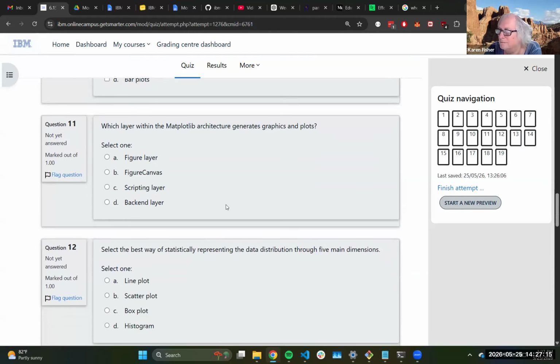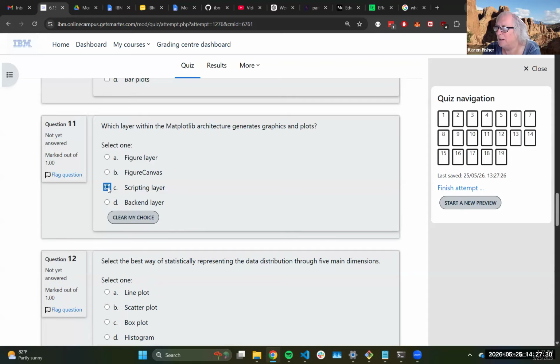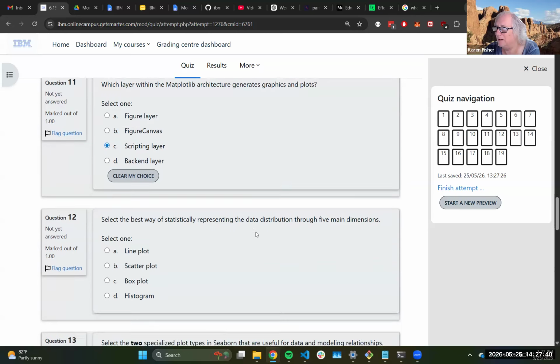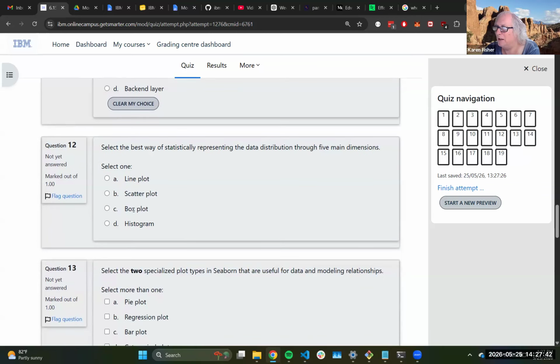Which layer within Matplotlib generates the graphics and plot? The canvas, I think. No, the scripting layer, the backend layer. Oh, it's the scripting layer, which doesn't make any sense really. Yeah, this one doesn't make sense either. The scripting layer is where you would define the plot, declare what it's going to be. I would normally say the figure canvas or maybe the back end layer, but